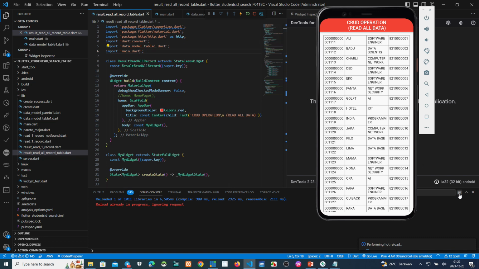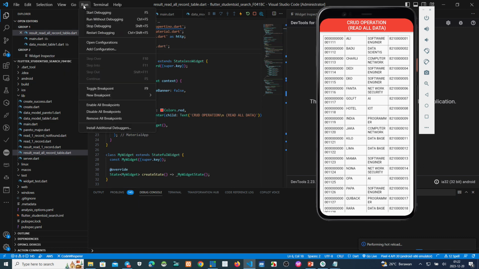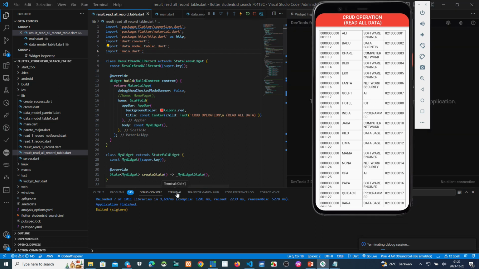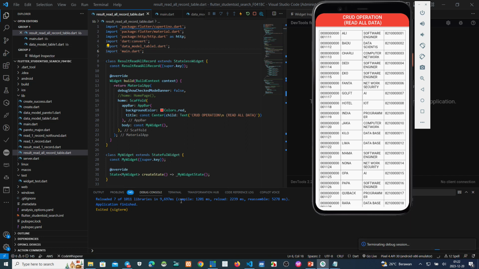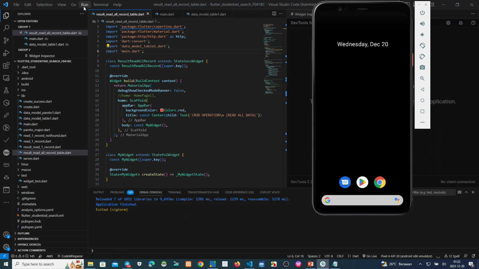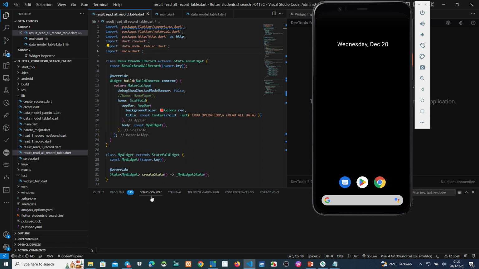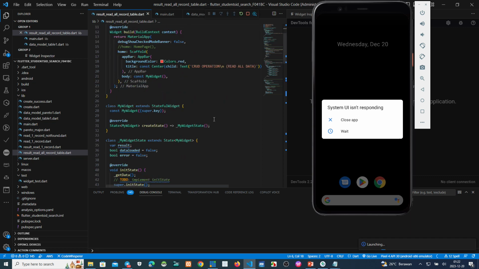So if we want to see the stepping, we stop first here, and then maybe terminate the debugging session. Okay, after that we run again. See the debug console. This initiate state.